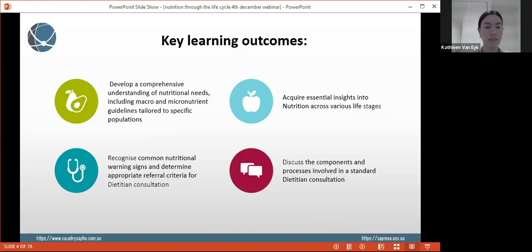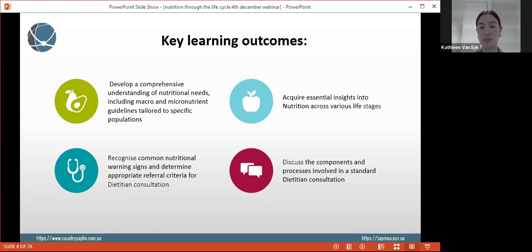Some main things we're going to be focusing on tonight. So understanding nutritional needs, a bit about micronutrients for specific populations, warning signs, and maybe some common red flags or things to watch out for to potentially refer your patients to a dietitian. Insights into nutrition across various life stages, and we're going to keep things quite practical tonight and really show you